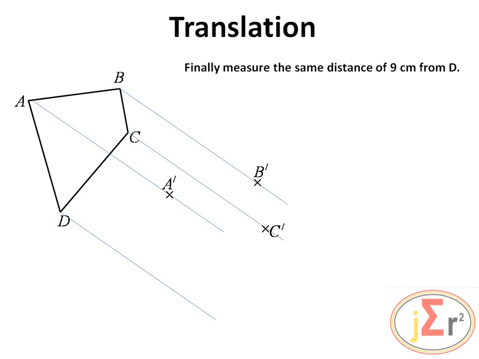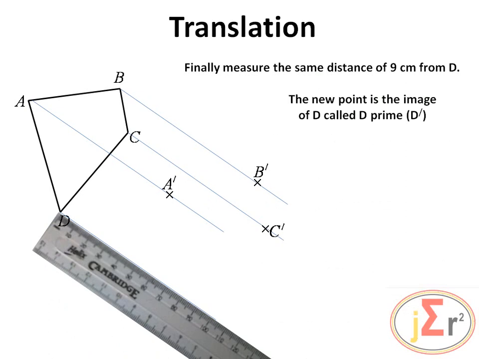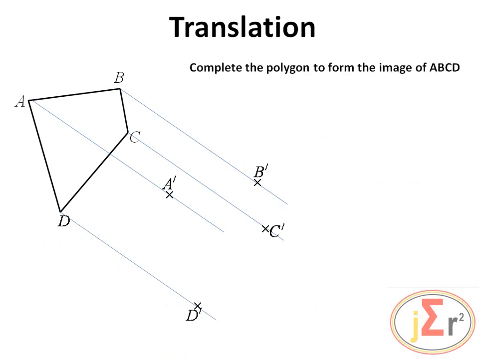And finally, we are going to do the same thing with D, 9 centimeters, and that image is called D prime. And of course, we are going to complete the polygon, and completing the polygon, what do we have? We have an object that looks exactly like the one that we have before,